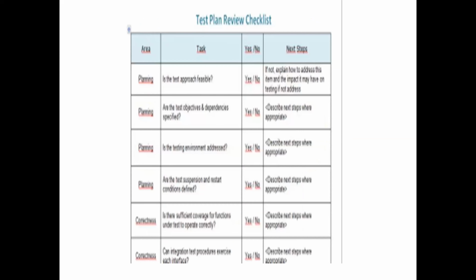And each review meeting will be carried out based on some checklist. Even in projects, if you start your project next semester or your PCL project, they will have some checklist, so that we can say whether the particular area is covered and the particular questions are answered, and whether these things are implemented in your project or not. So they will create a test plan review checklist. Based on the test plan review checklist, we cross verify: this is available, this is implemented, it's existing or not.